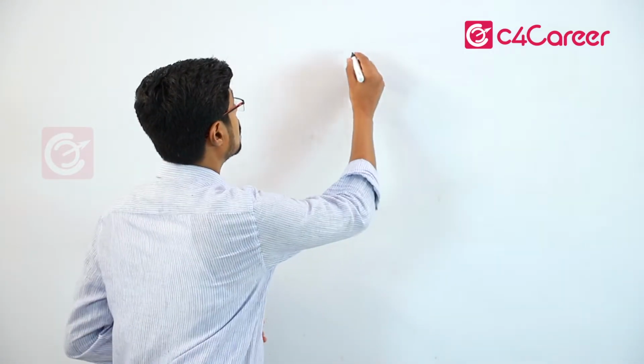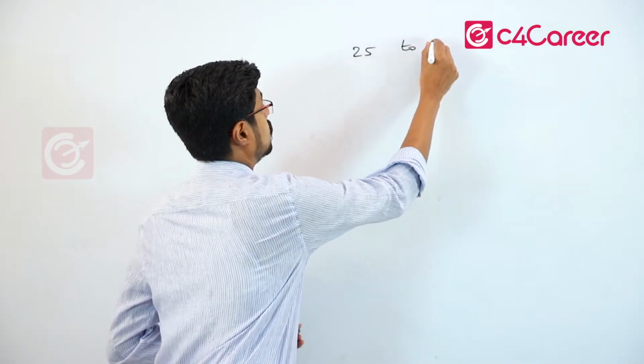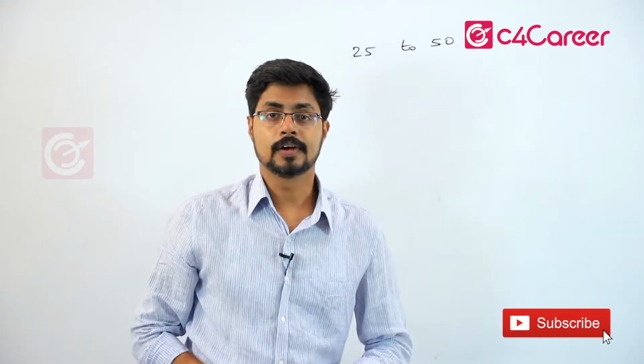In today's video, we are going to discuss squares of numbers from 50 to 25. If you remember, in the last three parts we have covered 125 to 100 as the first part, 100 to 75 as the second part, and 75 to 50 as the third part. So today we are going to cover squares of numbers from 25 to 50.